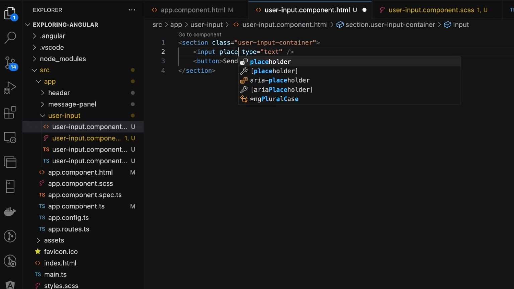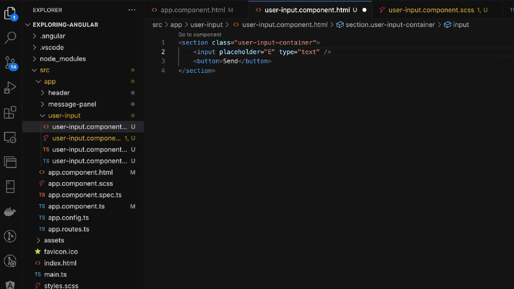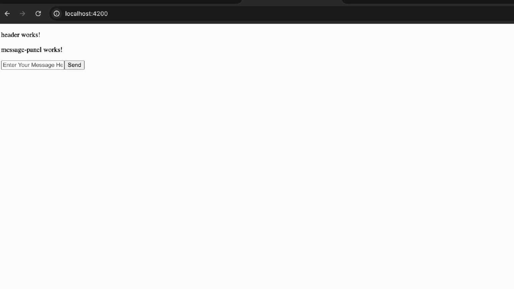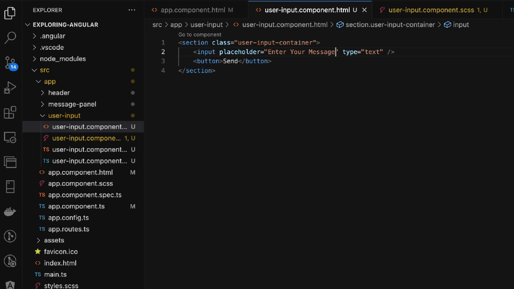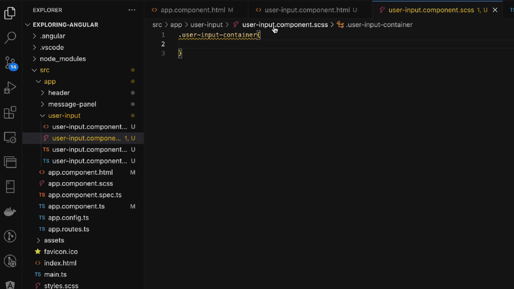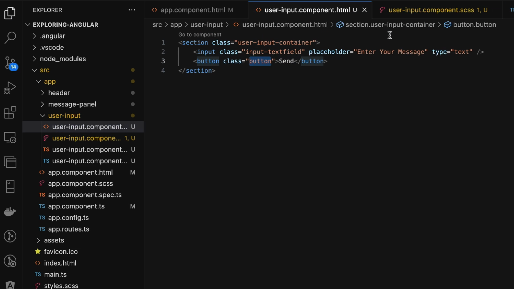We can have a placeholder over here, to type a message here. Okay. Let's just say enter your message. We'll actually have to deal with the width. Let's just say class user input. Let's just say button. And over here we can say input container. I think input text field would be a better name. Let's add it to our SASS wrapper. Control C,